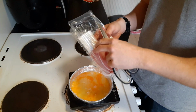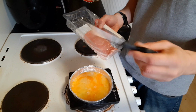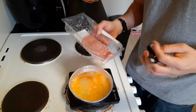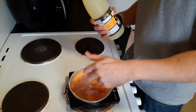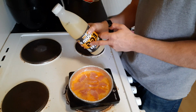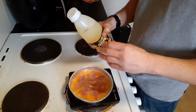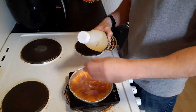So next step is we're going to get 2 of these bacon medallions and we're going to cut them up. Yes, I'm using scissors. You can use a knife if you want, but I'm just lazy and I like to use a pair of scissors all the time. So once the bacon is all inside, all you've got to do is get your egg whites. This is where we're going to increase the protein intake now. So I'm trying to get 200 grams into here,